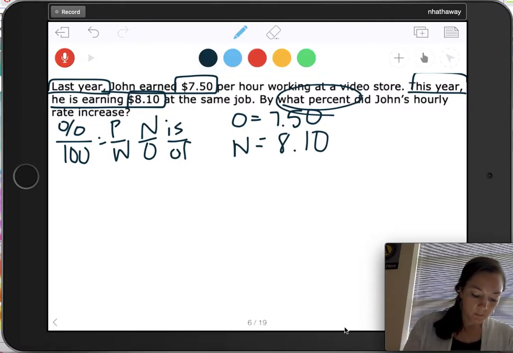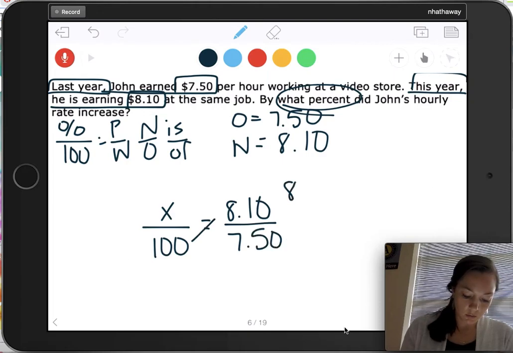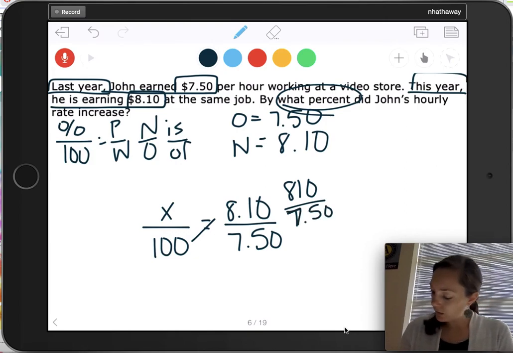So, I'm going to put an X for percent over 100. And I know my new and I know my original, right? So my new is $8.10. My original is $7.50. I can cross multiply and divide. And I'm going to get